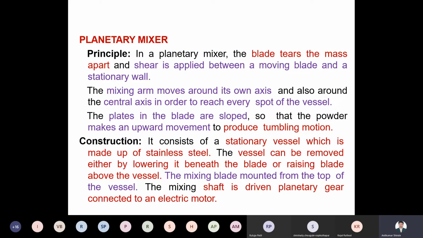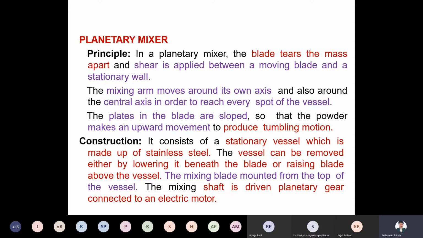Whatever mass is prepared, you can tear the mass. We can break that into the smallest parts. Means if there is a large dough mass, we can reduce the particle size by breaking that mass. And this is done with the blades, with the high speed of the blades. So with the blades we can tear the masses and create the smallest size of the mass. Shear is applied between the moving blades and the stationary wall. All right, and then with the help of the high speed rotation of the blade, it creates the shear, it creates the pressure, and with that pressure, the mixing is also possible.